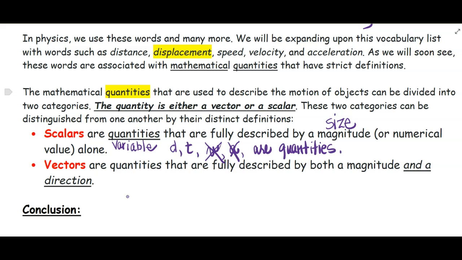And we put size in terms of numbers, right? We'll have a number and a unit, like 5 kilograms. A number and a unit. That's a magnitude. Vectors are quantities that are fully described by both a magnitude, size, and units, and a direction. We use north, south, east, west, but of course you can use more specific